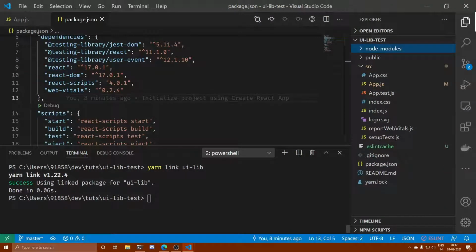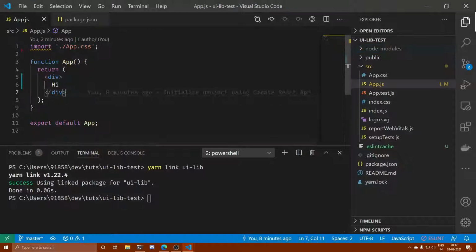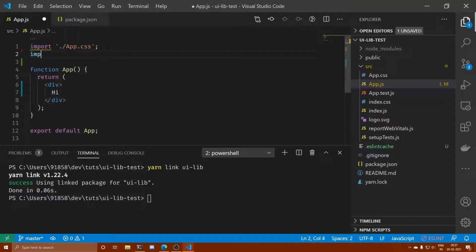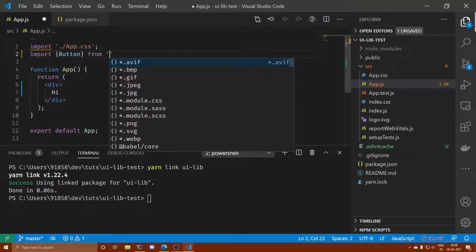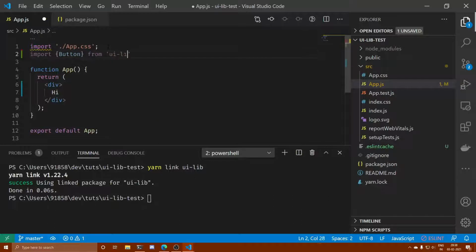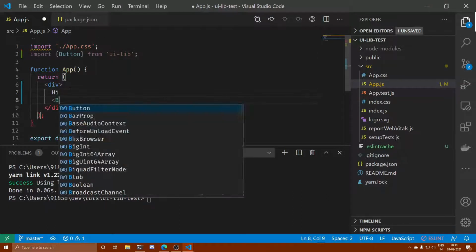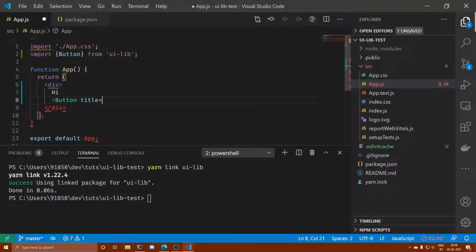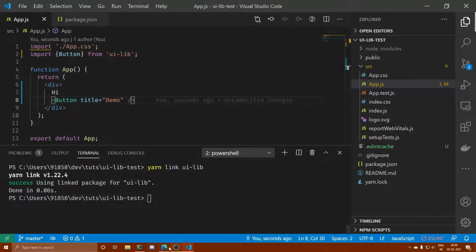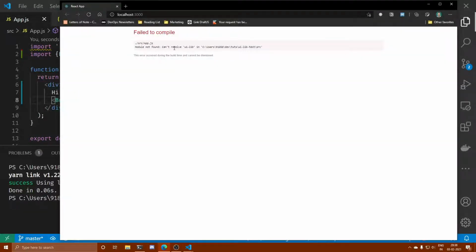Now ui-lib is linked and we can go back to our component and over here type import Button from ui-lib. Let's try to use our button, title demo. Let's see if this works. So it says cannot resolve ui-lib.